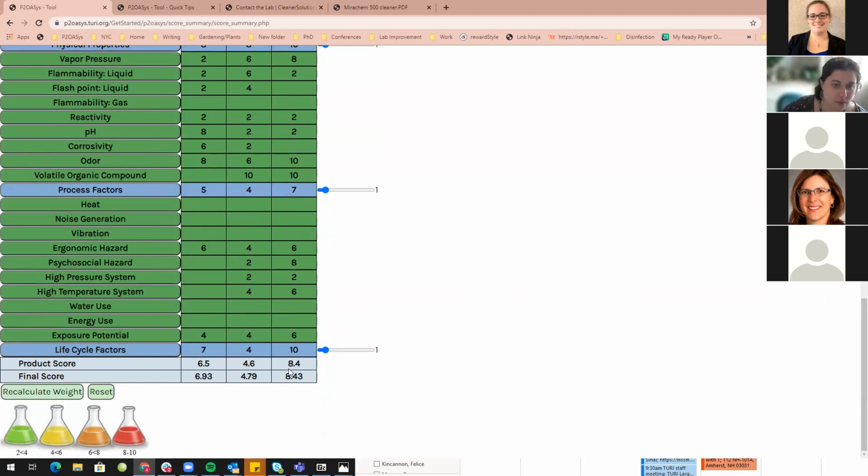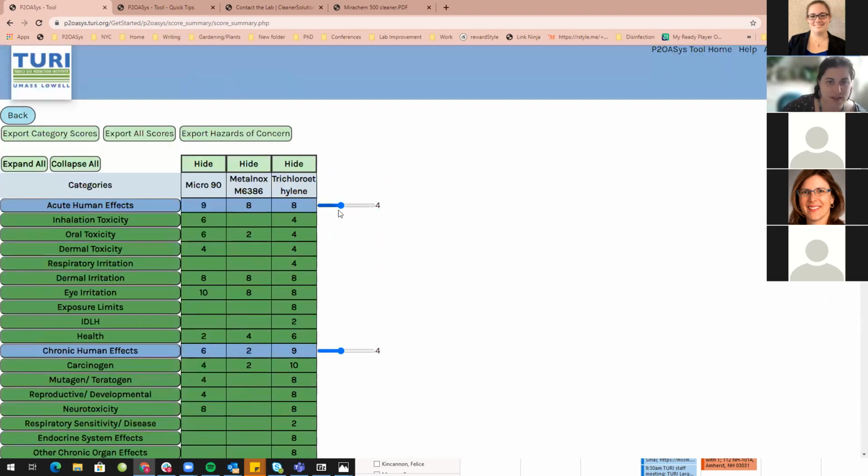It will show me what the original product score was versus now the final score when I'm more concerned about those endpoints. Is it more hazardous in certain areas? So you can play around with that. I honestly don't use it as much. We're still figuring out when is it appropriate to utilize that, but I just like to utilize this tool as